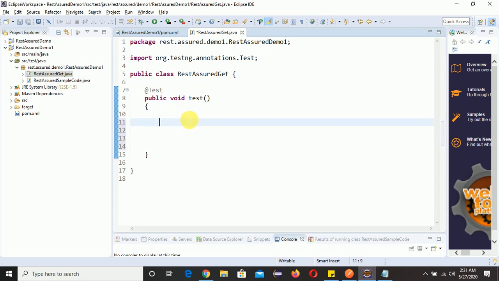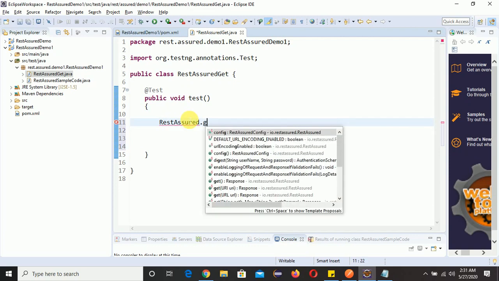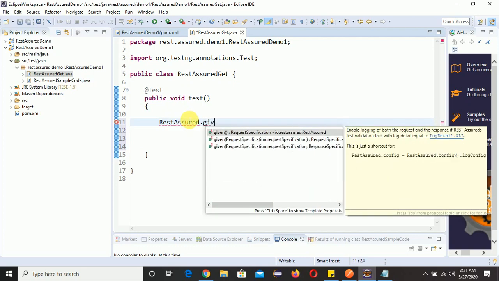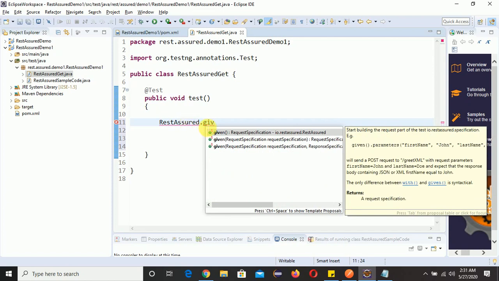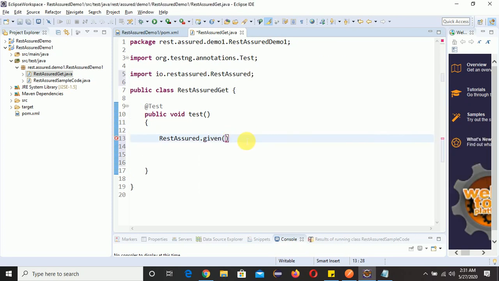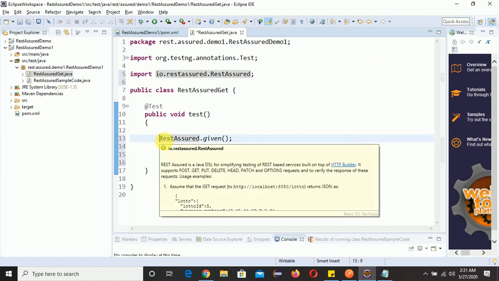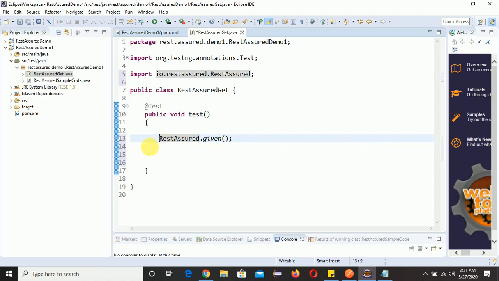First we need to write RestAssured.given. Once you type given, you can find the return type is RequestSpecification. So just click here.